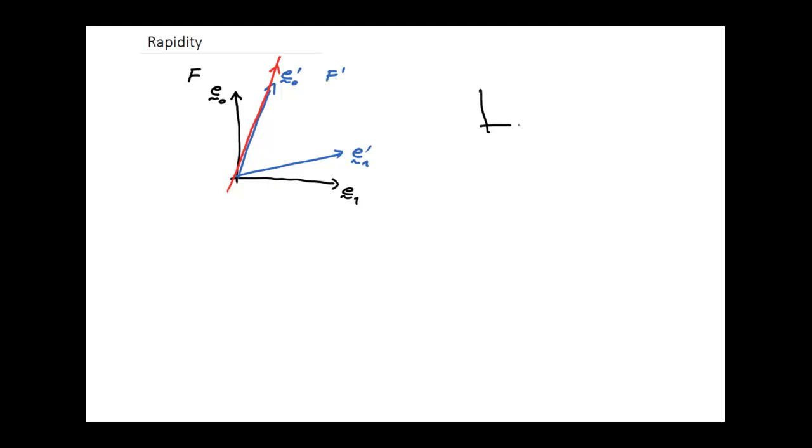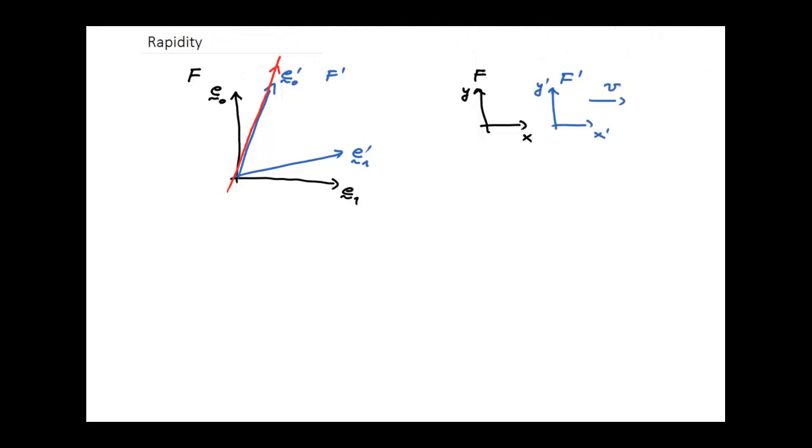You can also visualize it like this. We have our unprimed frame, and then we have our primed frame. Now the picture that I just drew, that's a picture in space-time. The picture that I'm drawing now on the right, that's an ordinary spatial coordinate system. So that's not a space-time diagram. So whereas here you have E1 and E0 representing time, in the drawing here on the right, these are spatial